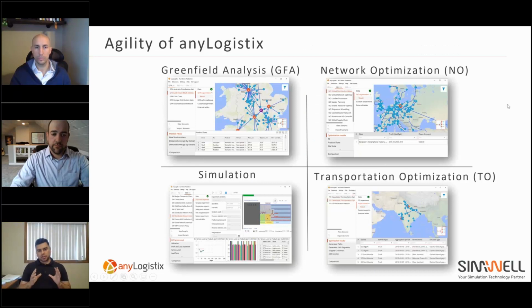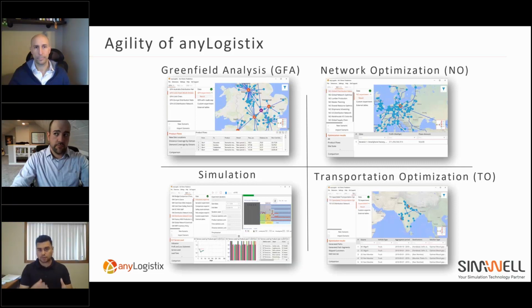So what makes anyLogistix great? I hear this day in and day out when I talk to people, and it's the ability to be agile. When it comes to decision making, being effective and efficient is very important. Today we're definitely going to be working with demos. I'm going to be working with a CDU, and we're going to be passing models and information around, and we're going to be solving problems. So the 4 components that we typically focus on that make anyLogistix great are